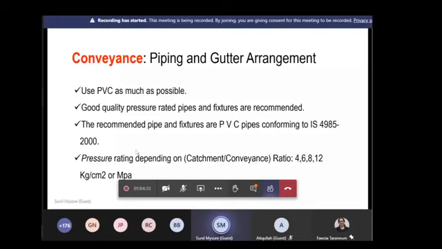If you go to the website or go to Harvester, there are many gauges. They'll ask you what gauge of pipe you want. So you have 0.4 MPa, 0.6 MPa, 0.8 MPa, those kind of things. Essentially it means that the pressure on the walls of the pipe is equivalent to 4 kg per centimeter square. For most residential and semi-commercial use, 4 and 6 are good enough. Only for really large catchments and large volume of water flow, you need to go for a higher pressure rating.